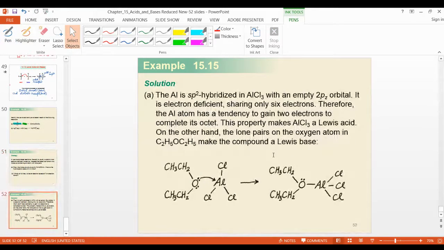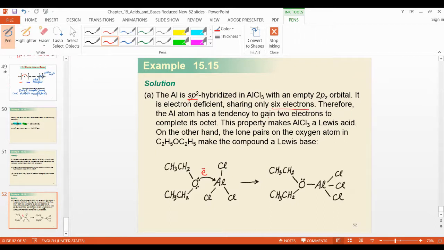The answer is written here. Look, this electron transfer. This electron is transferred to electron deficient aluminum, and now they will make a single bond here, right? Two electrons, continuous sharing. All sp2 hybridized. This sp2, sp3, I did not teach you, no need to go through this. This is a different story. Just look at the simple example. If the question is asked to write and show an example of Lewis acid or Lewis base, there are only 2 examples you memorize. It is electron deficient, sharing only 6 electrons.